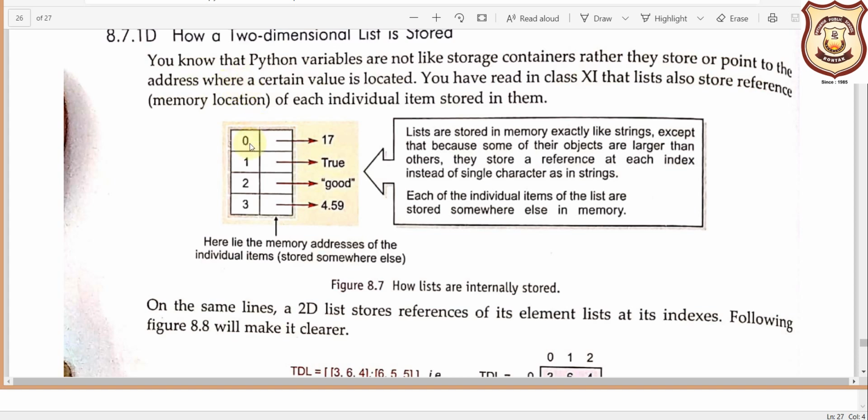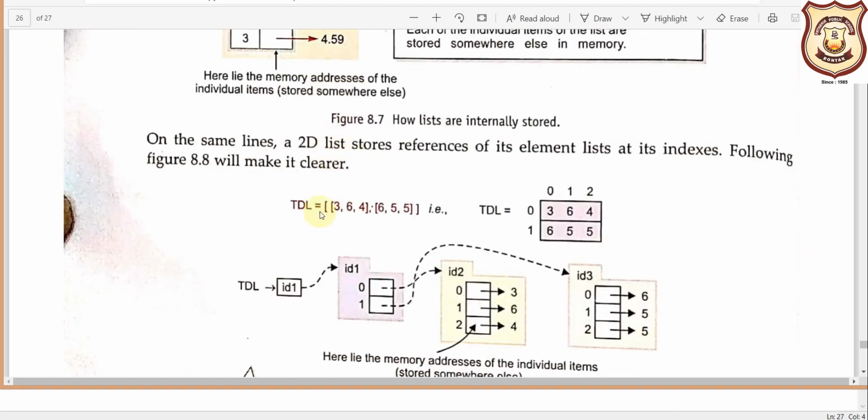Okay, so if I am writing the index 0, it is a one-dimensional list. If I am pointing the index 0, it is not containing any value, it is just pointing to a place where this value is being stored. Okay, so this is a very important point. So you can see if TDL is a list variable, and if it is going to contain two lists like this, the values are not being stored directly here. You can see this is the 0th index of this list, this is the first index of this list, and this 0th index is not storing these values like this in the memory.